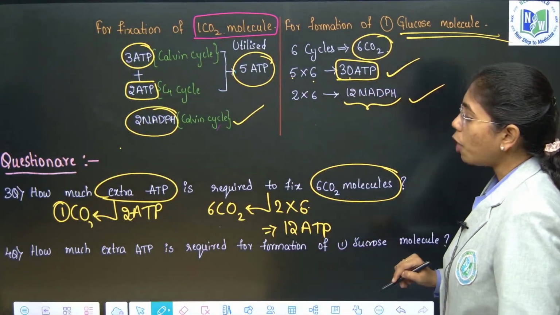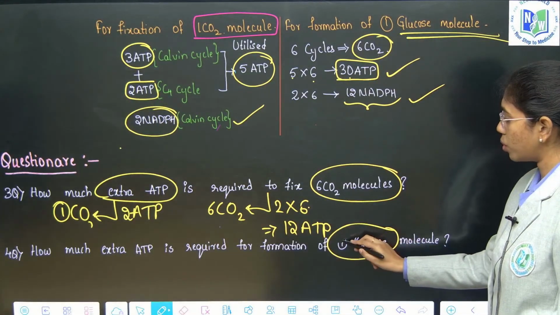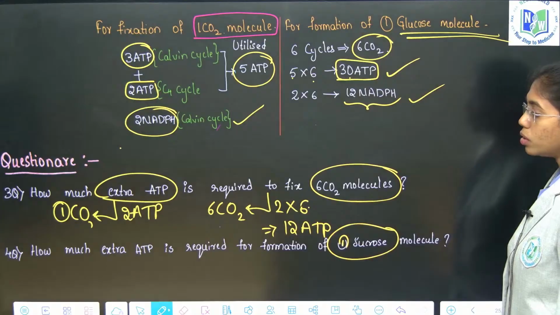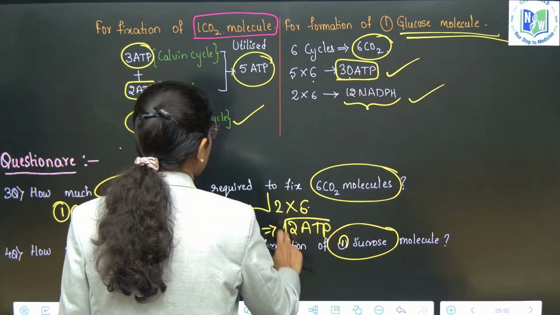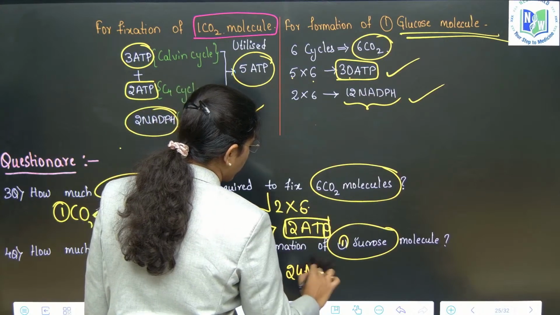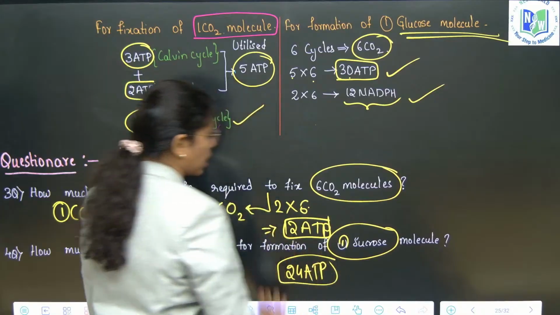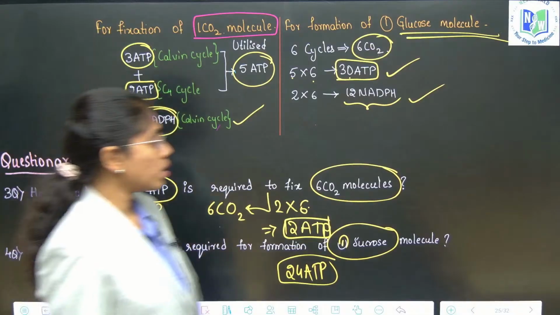Now, how much extra ATP is required for the formation of 1 sucrose? For 1 glucose formation, it is 12 ATP. For 1 sucrose, it will be 12 plus 12, which is 24 ATP. That's it, it is as simple as that. This is how you have to look into the questions. Next,